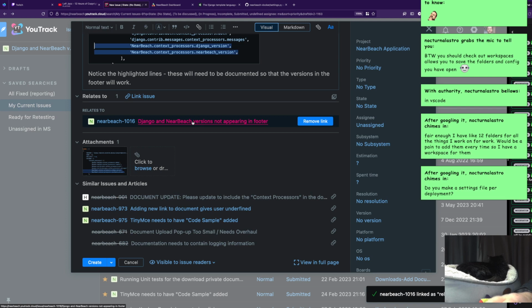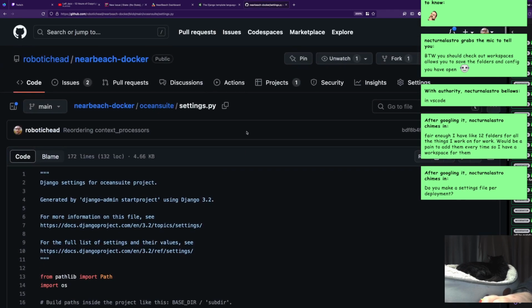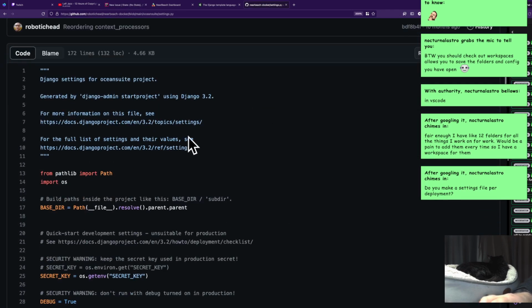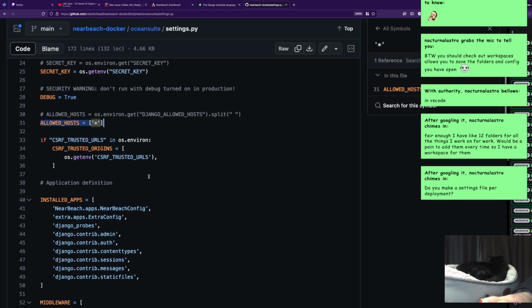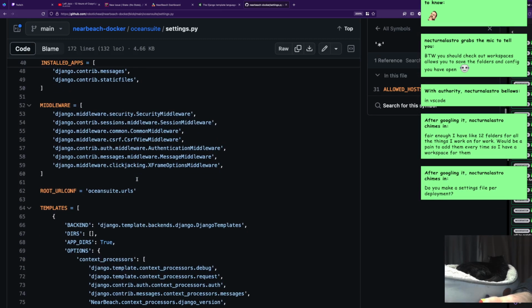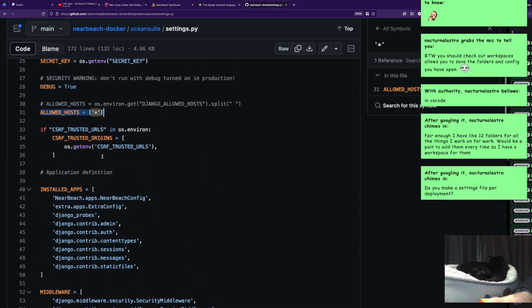Do you make the settings file per deployment? With Docker, I shouldn't be. As for if you're doing it outside of Docker, yes, you do. You would edit the settings file. You'll need to actually go in. You need to add in the nearbeach config. You need to add in the allowed hosts and all that kind of stuff. You need to add in the database and all that. However,